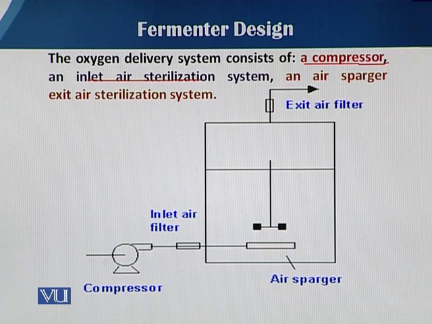And the third is the air sparger. The air sparger basically consists of the slits or pores of a pipe fitted inside the fermentation vessel, which give a proper size and shape to the air bubbles inside the fermenter. And the fourth one is the exit point, just to maintain the